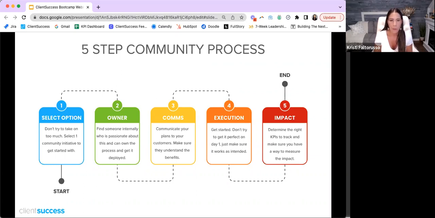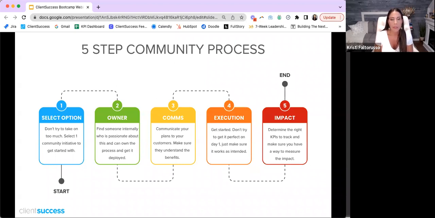What I will tell you, where I failed the most in my career is by trying to get it perfect every time. By nature, I feel like a bit of a perfectionist. And so I struggled with the idea of things feeling like halfway done, like half-baked. But the reality of it is doing something is better than doing nothing. Now, I'm not saying that my half-baked felt like it was garbage and useless, but I always wanted it to feel like I thought of everything and I accounted for everything. Sometimes you can't, and sometimes you just need to move forward. And so this is me encouraging you all to get out of your own way and just try to execute something that will work as intended day 1.